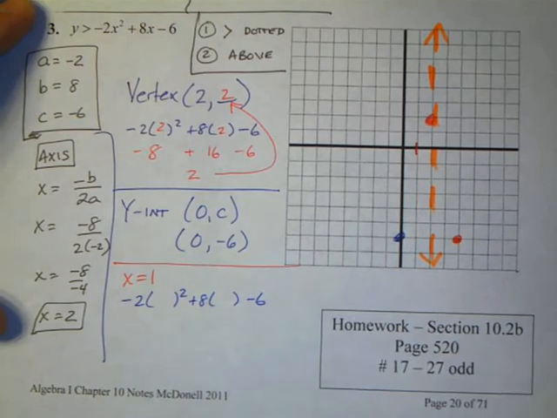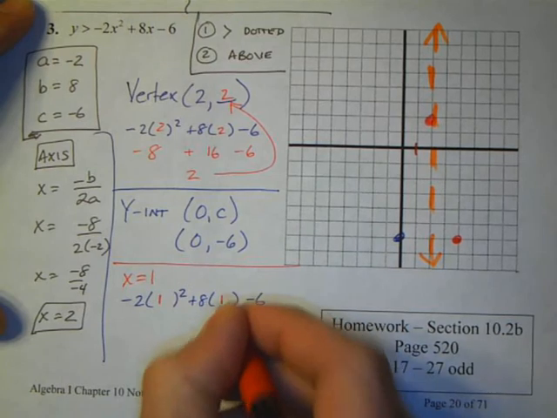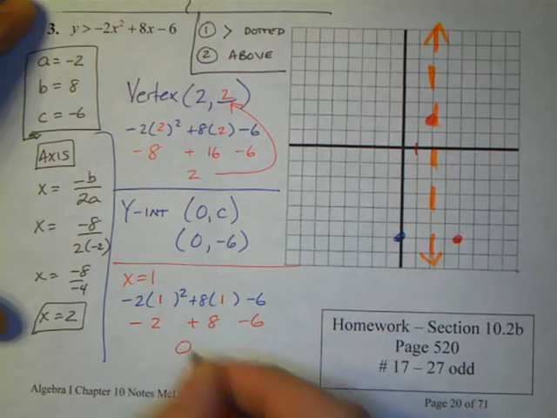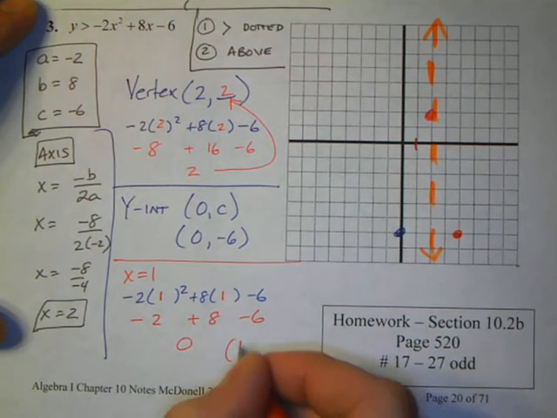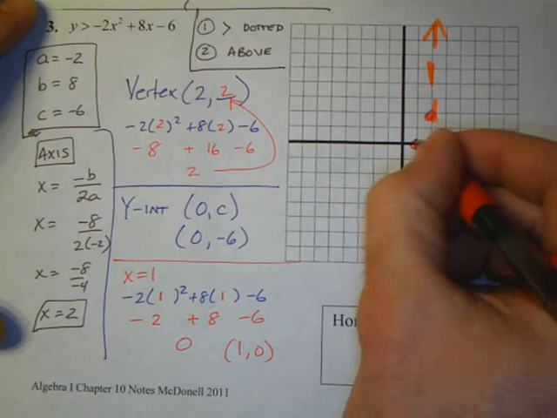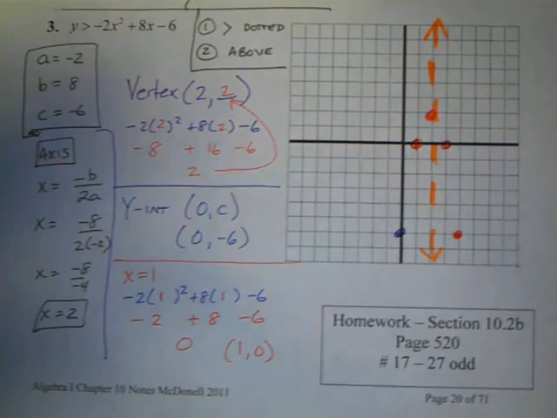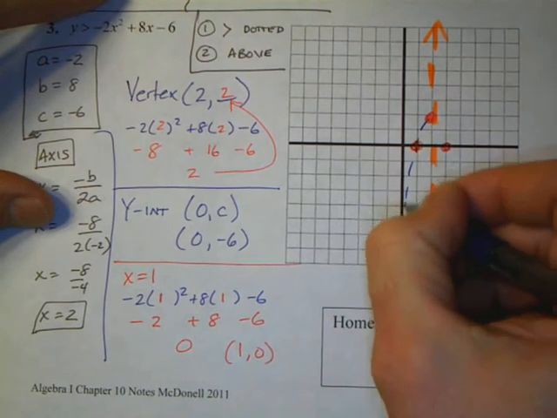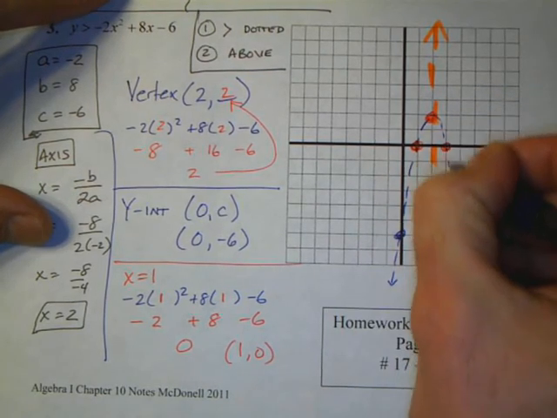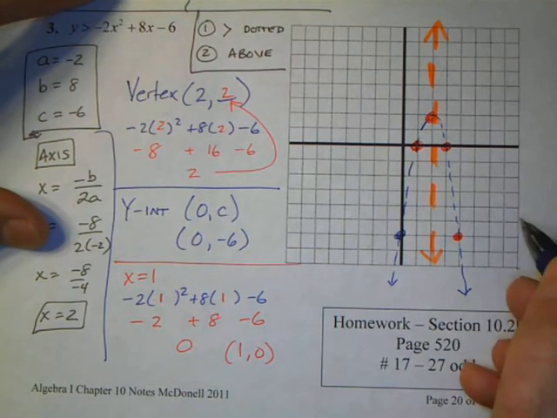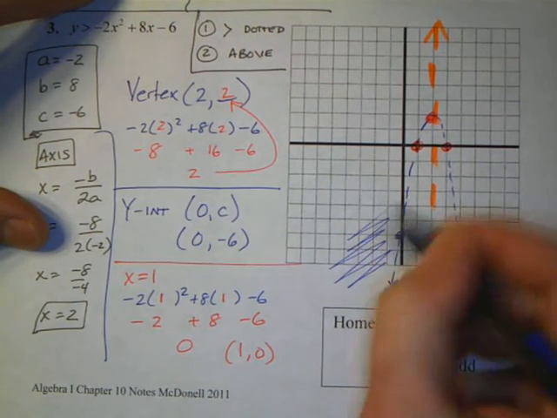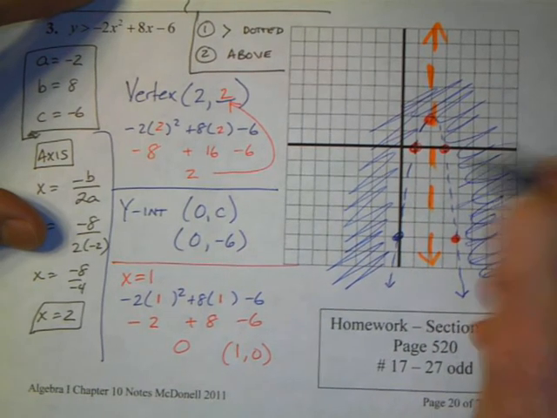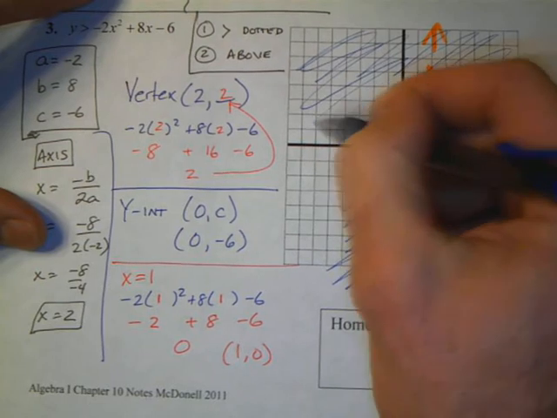To find our fourth and fifth points, we're going to choose a value. I'm going to choose the value x equals 1. So if x equals 1, once again we're going to try to find the value of y by plugging it in to our equation. But this time I'm going to plug in the value 1. So now I have negative 2 plus 8 minus 6. Well, that's 0. So the point is 1, 0. I reflect it over, and there's our last point. I'm going to now draw my line. Once again, it's a dotted line,